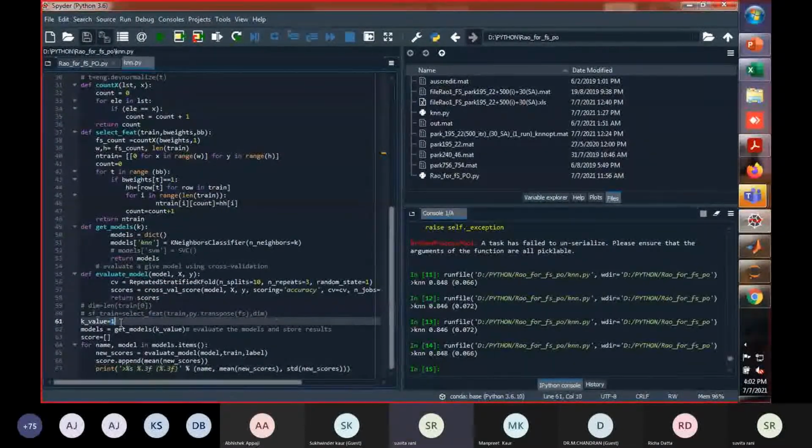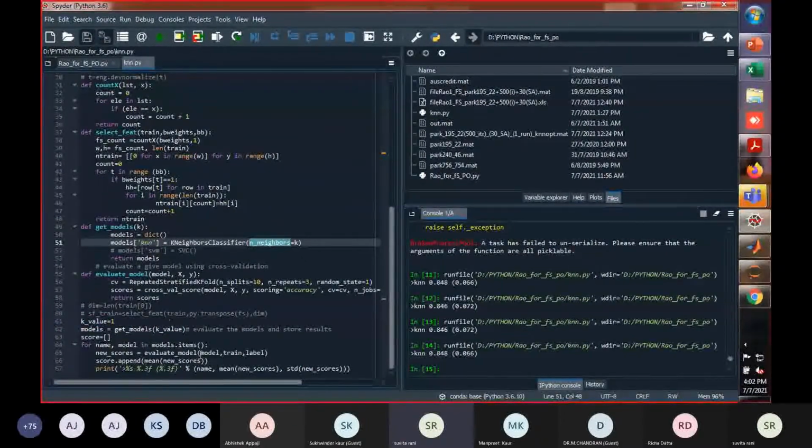This is the k value we want to pass. This is a 2 class problem, so then we can pass the value. Maybe we can also pass an even value, but in the literature it is generally written that if the data has an even number of classes, then always choose an odd k value. So here I first select the k value 1, which is passed to the model, and the model gets the value passed to this function.